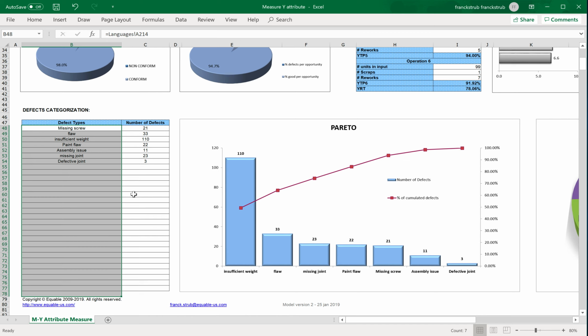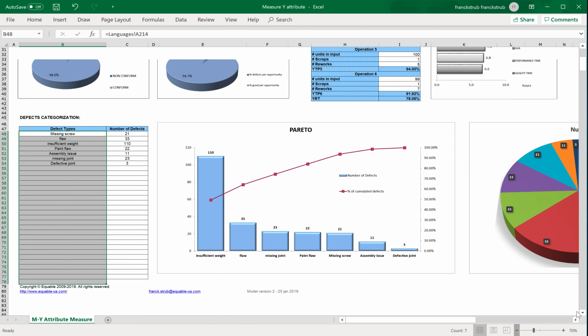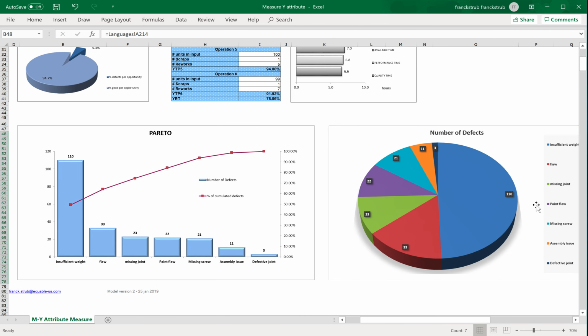The Pareto will be displayed in order with the most important category of defects first, and you will have a double scale on the right, which will be the percentage of cumulative defects when we add bar 1 with bar 2, with bar 3 and bar 4. Okay? And last thing, you will have a pie chart as well, which is the same data represented with a pie chart and not a bar chart with a Pareto.